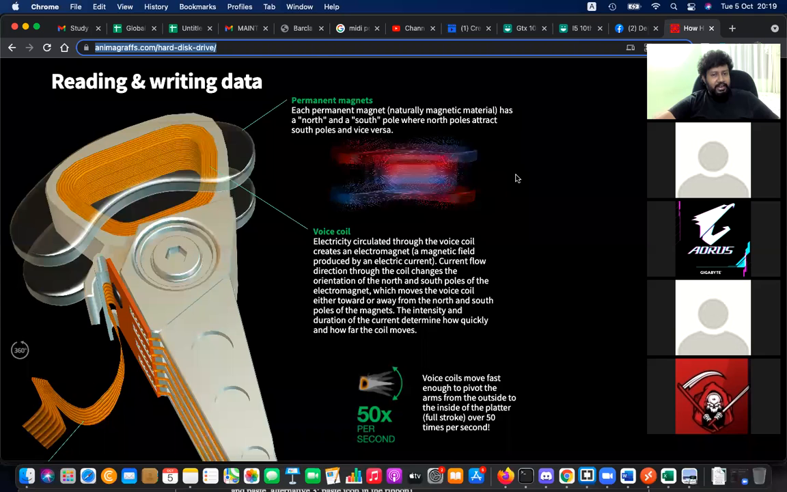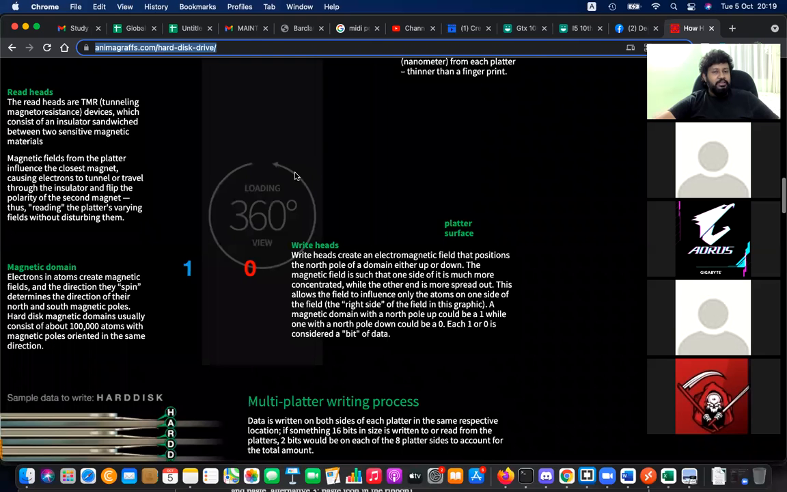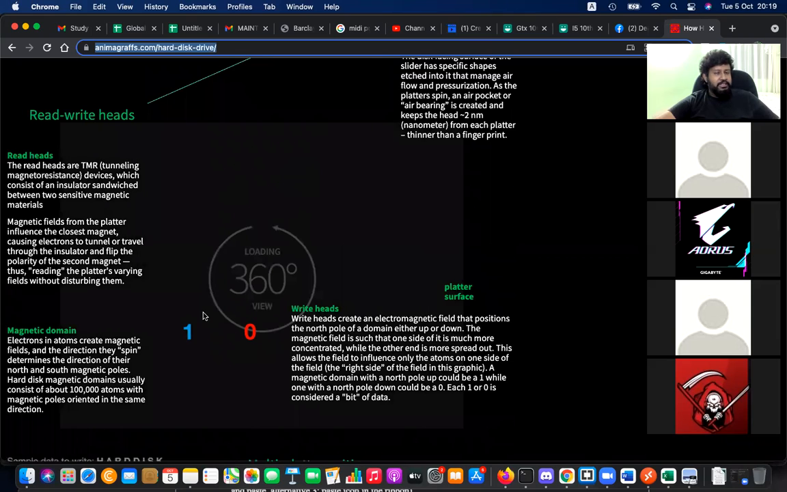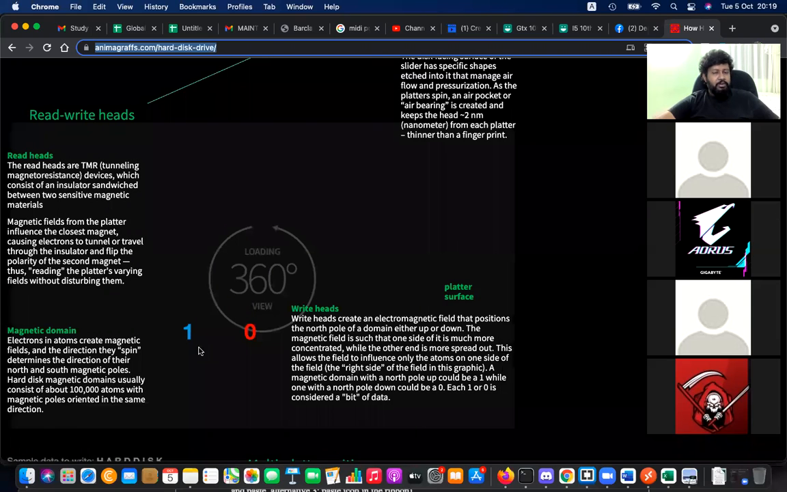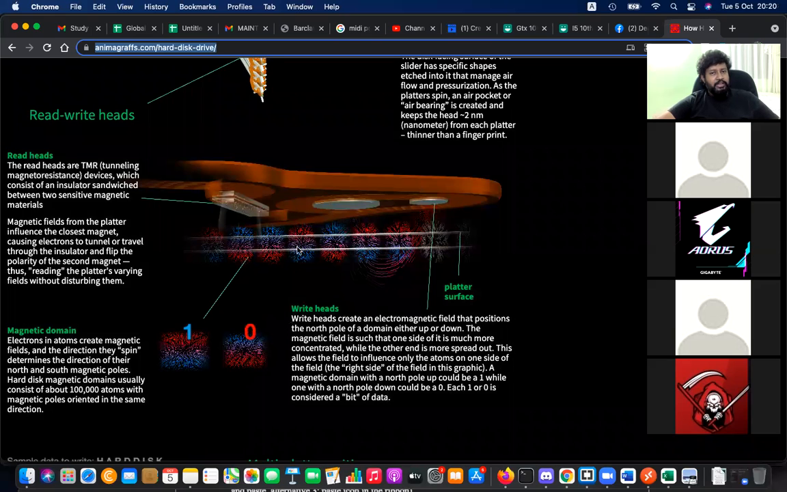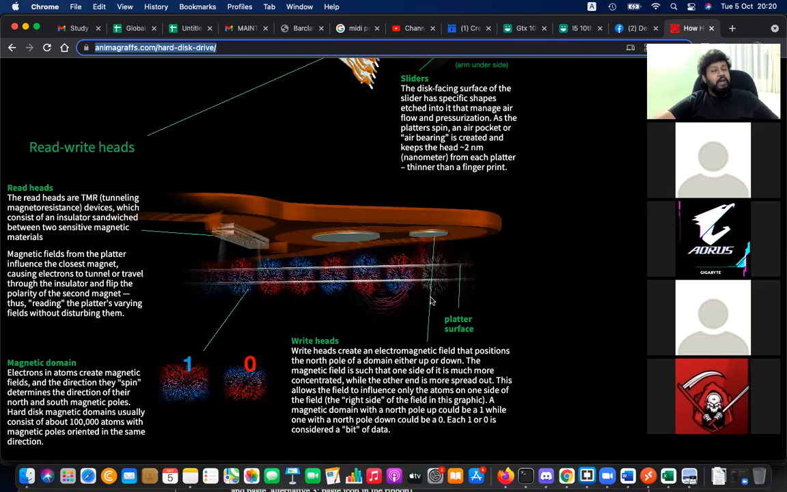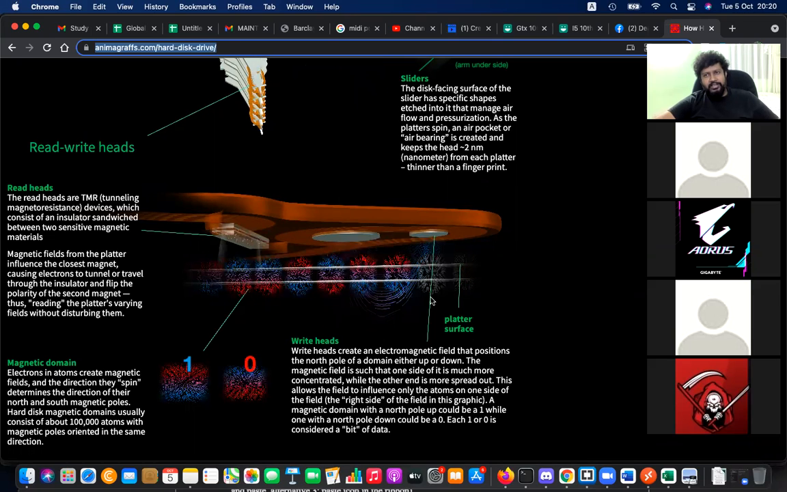Using that, the 0 and 1 are basically these two magnet sides. So for example, north-south can be taken as 1 and south-north can be taken as 0, and that will be written to the disk. So that is the magnetic conversion part. Therefore, we call the hard disk a magnetic